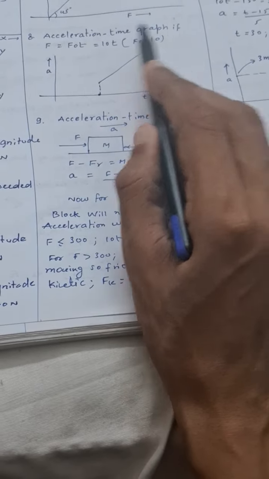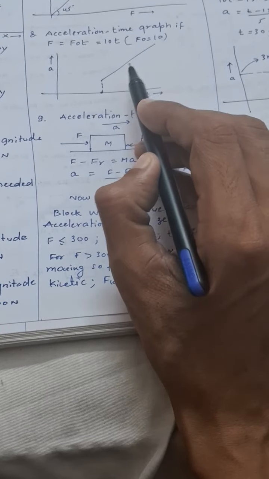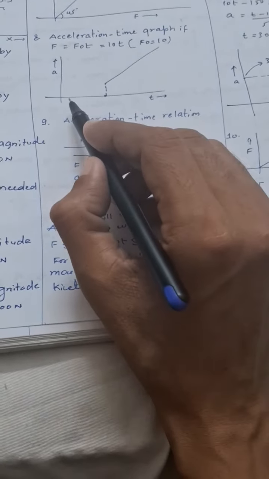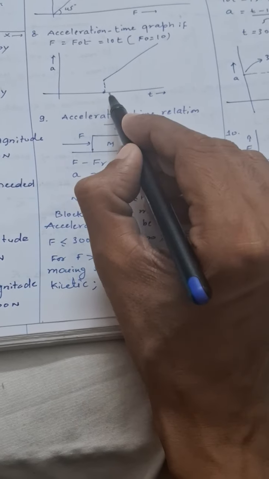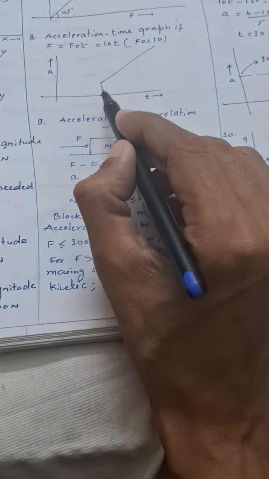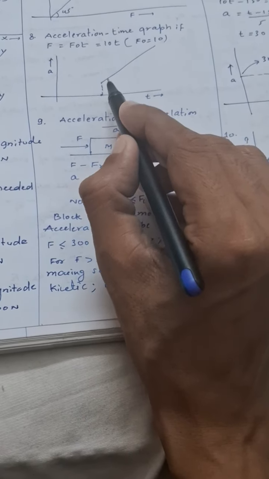Next is the acceleration time graph if F is equal to 10t. So we can say that initially acceleration will be 0, then it will increase instantly because friction will decrease, and then it will be